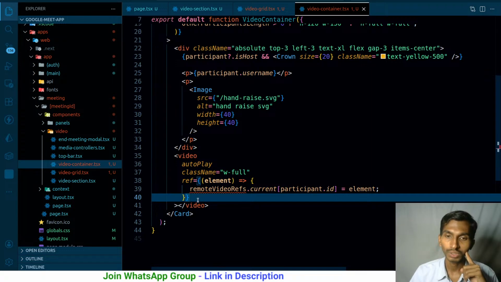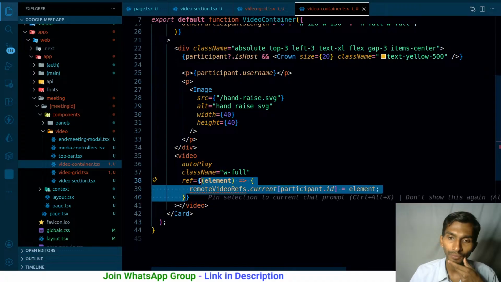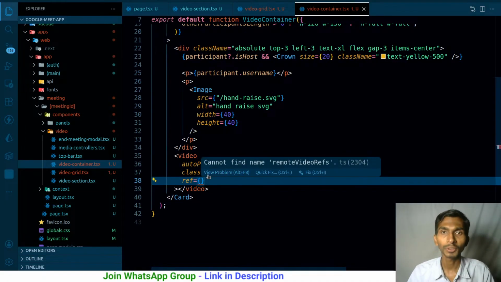Now as for this thing, I will be passing the whole ref from there. So this is just nothing but a function. So, cut from here,